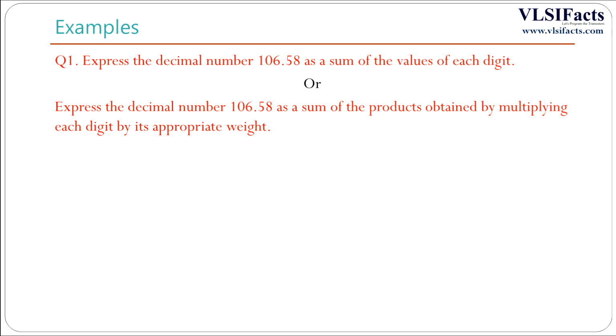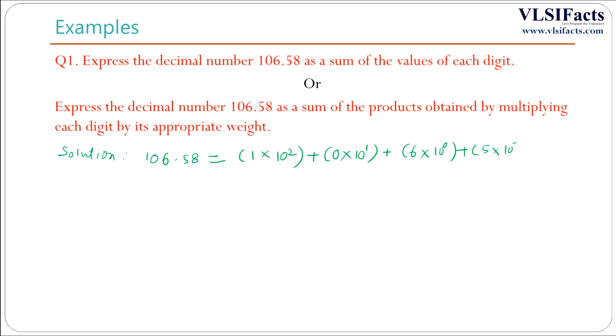Express the decimal number 106.58 as a sum of the products obtained by multiplying each digit by its appropriate weight. 106.58 can be represented in its weighted form as 1 into 10 to the power 2 plus 0 into 10 to the power 1 plus 6 into 10 to the power 0 plus 5 into 10 to the power minus 1 plus 8 into 10 to the power minus 2, which can be written as 1 into 100 plus 0 into 10 plus 6 into 1